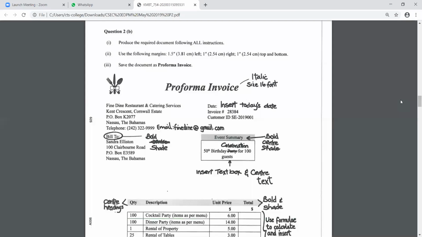After typing all of that on the top, again, you will skip a row. When you skip a row, I'm going to assume we're using columns A, B, C, and D because we have formed in columns, right?